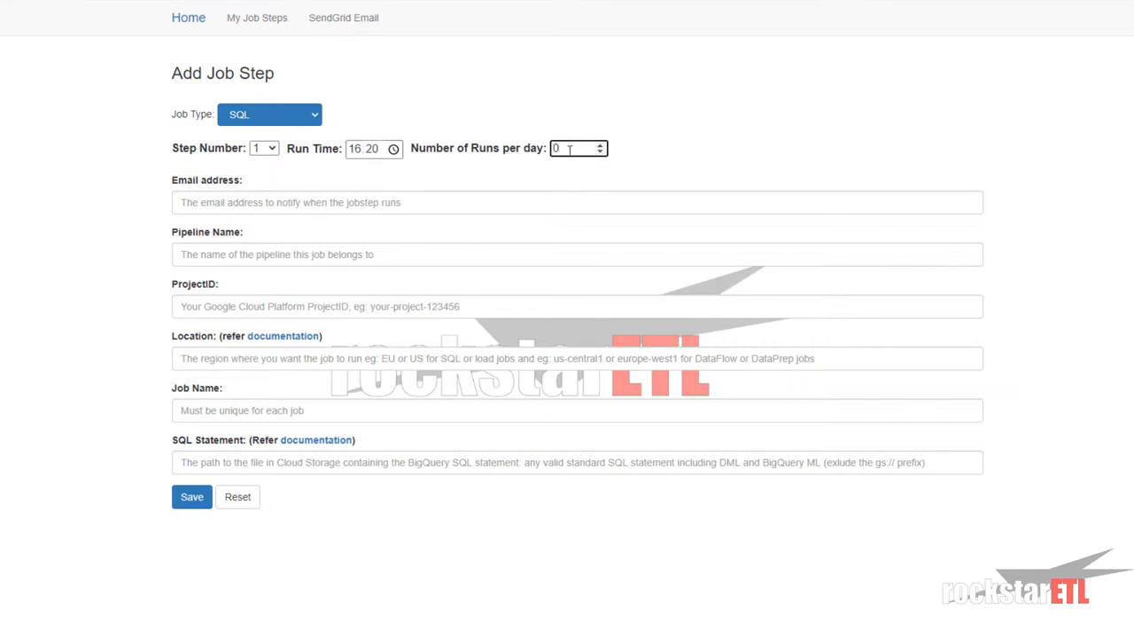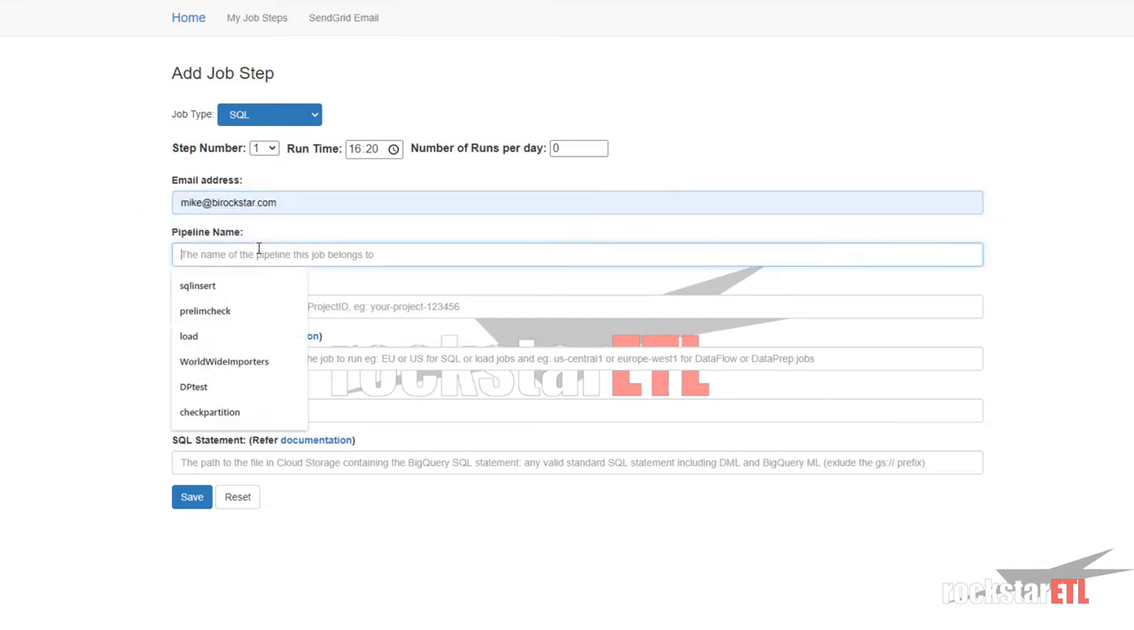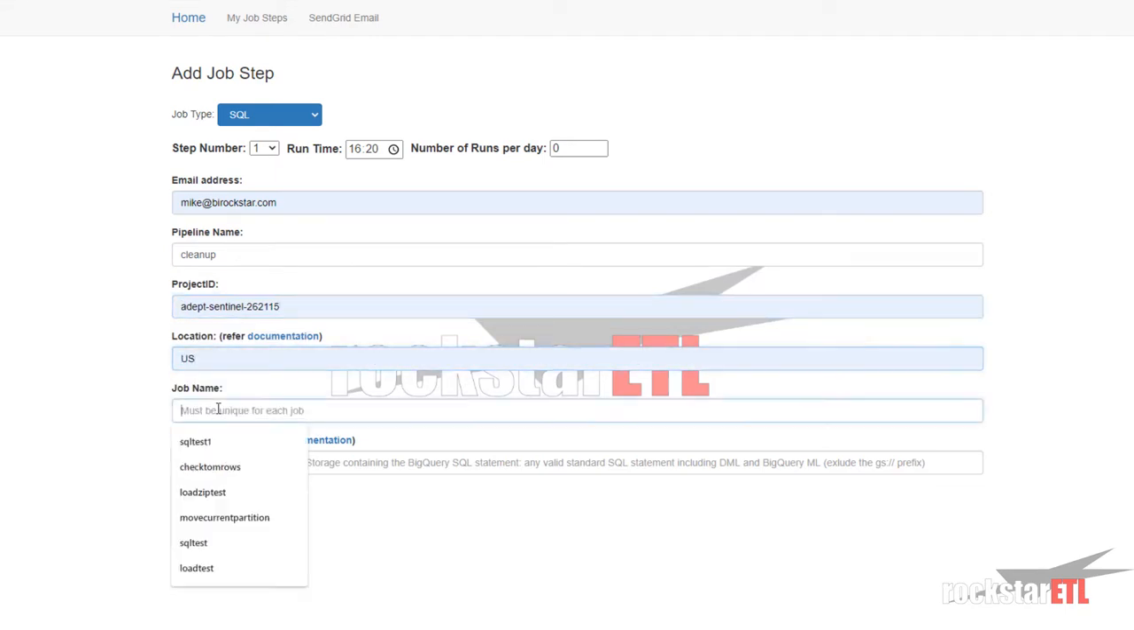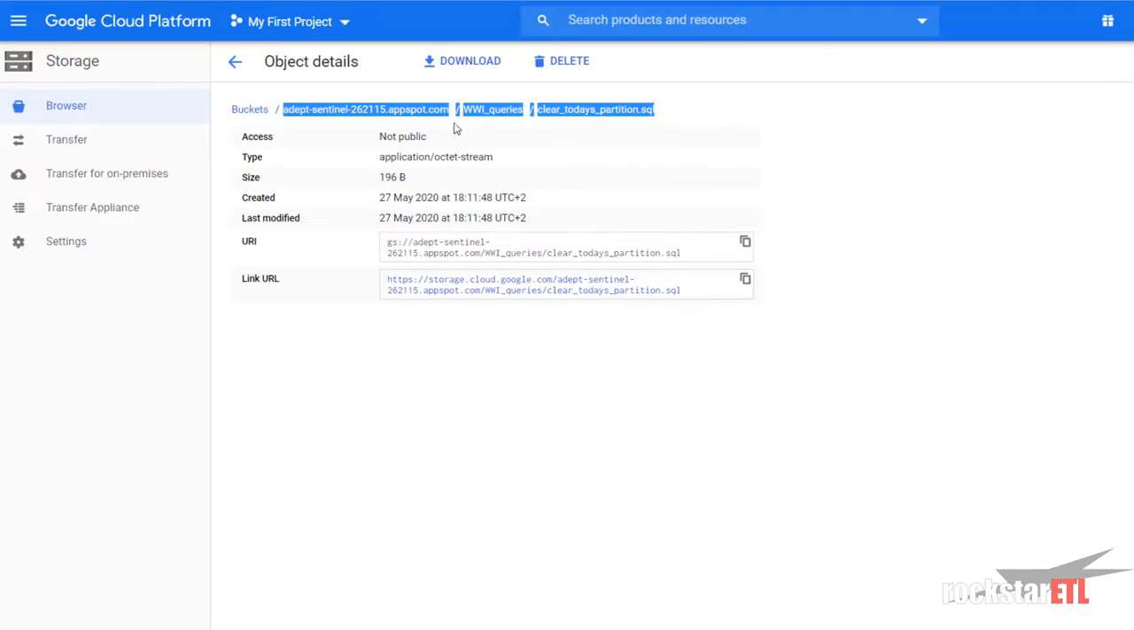We'll disable it at first by putting in 0 number of runs per day. I do want to be notified of this job via email address to notify when the job step runs. Again, if you do not want to be notified, simply leave this blank. It's not a required field. Pipeline, let's call this cleanup. Put in our project ID, location. We'll say move to yesterday is our job name, and copy our SQL statements, buckets,